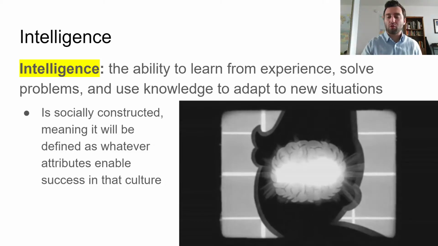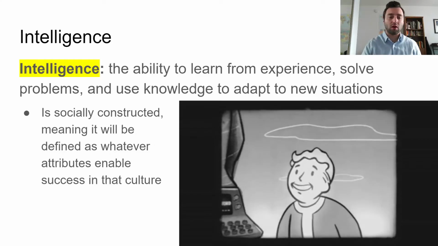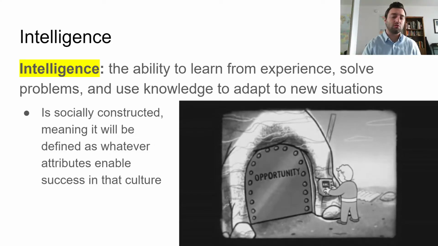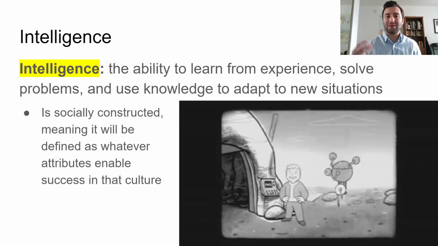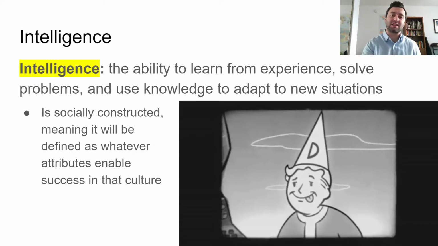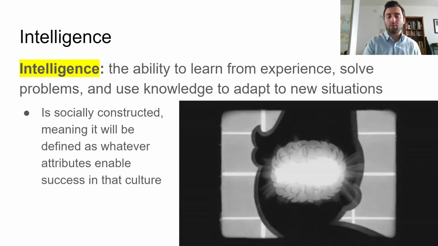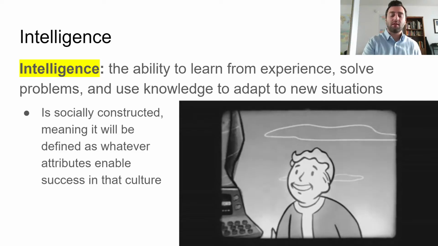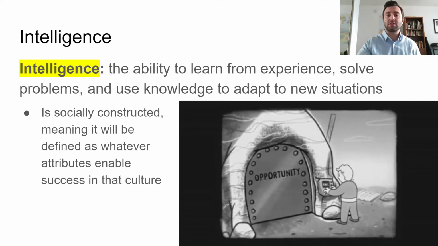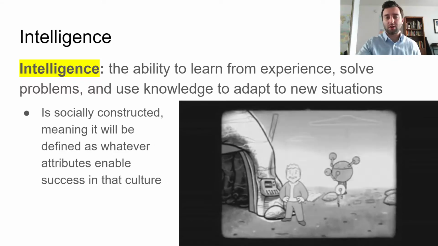For example, in the United States, if you're able to make a lot of money, or you're able to get a really high degree like a PhD or an MD, people would probably call you intelligent because you're able to be successful in that society. And the things that allow you to go get a PhD or become a surgeon are going to be very different traits than the things that would make you very successful in, let's say, a tribal community in South America, right?